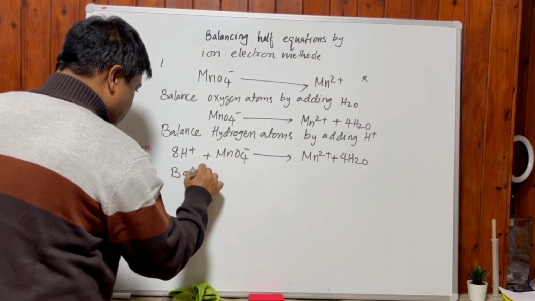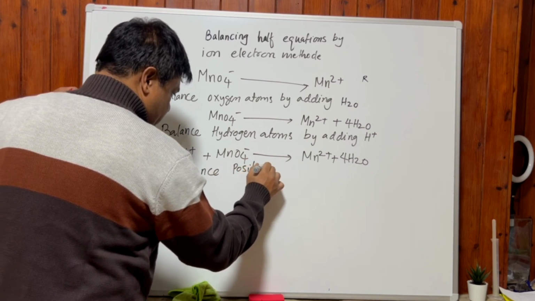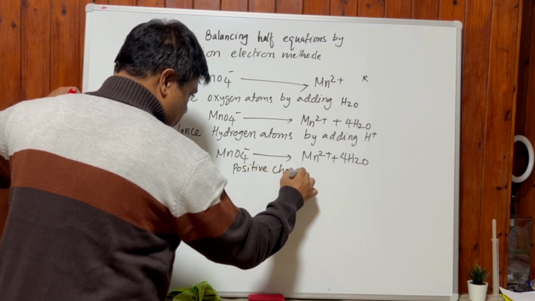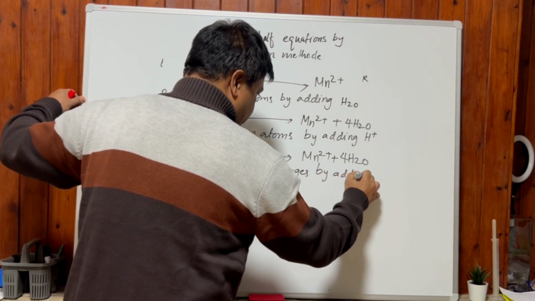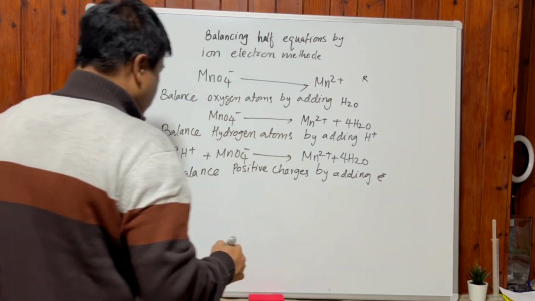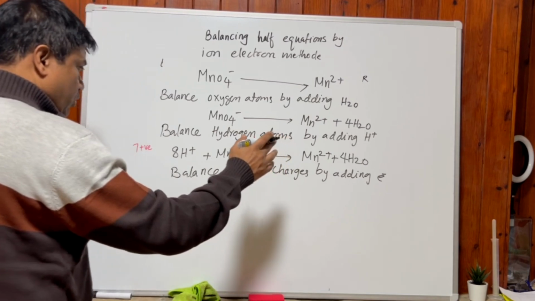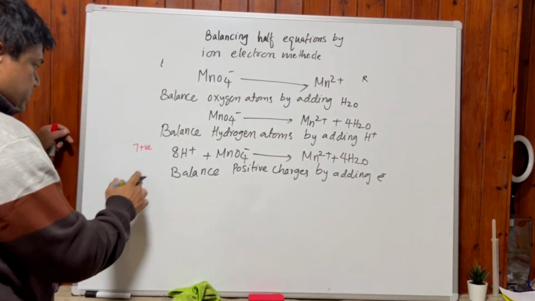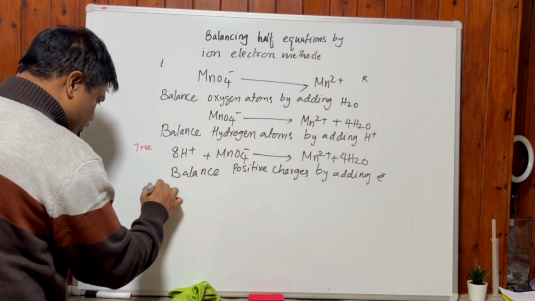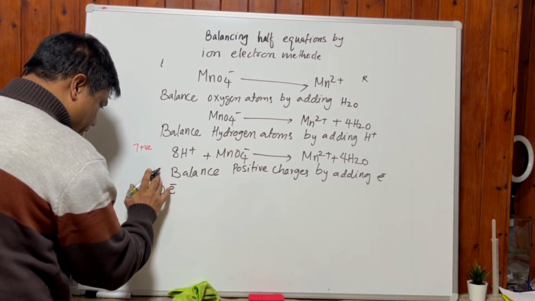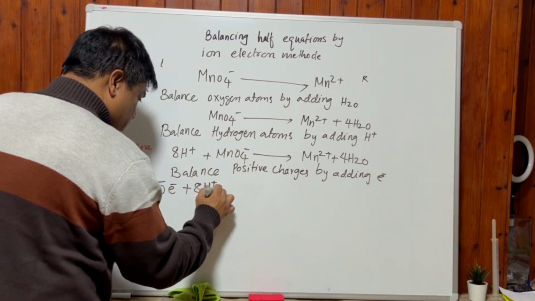Balance positive charges by adding electrons on the side where we have more positive charge. How many positive charges are extra here? 5. So add 5 electrons. 5 electrons plus 8H plus